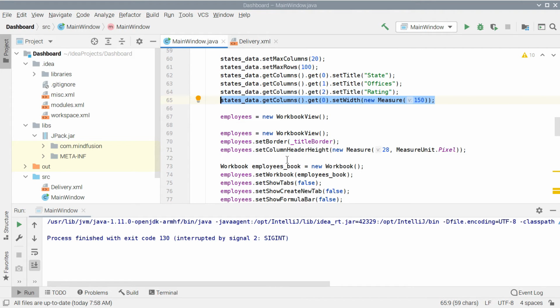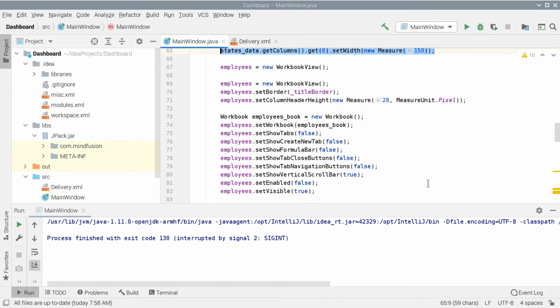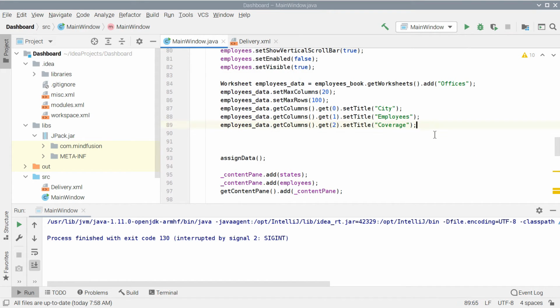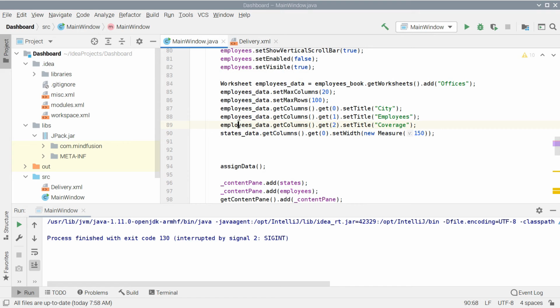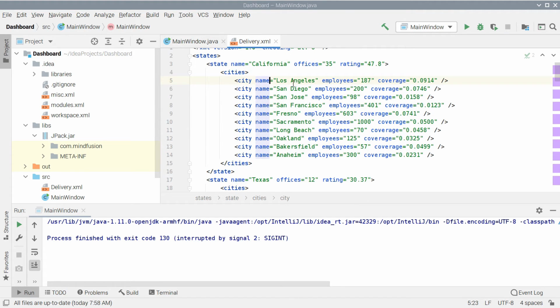The last thing to do about the worksheet is make the first column larger. The name attribute can have cities with quite long names, so we can expand the column to 150 pixels.